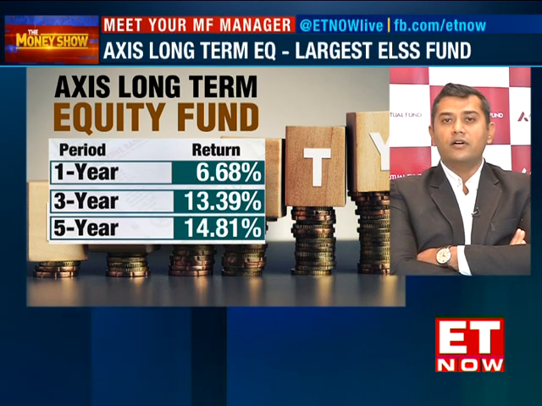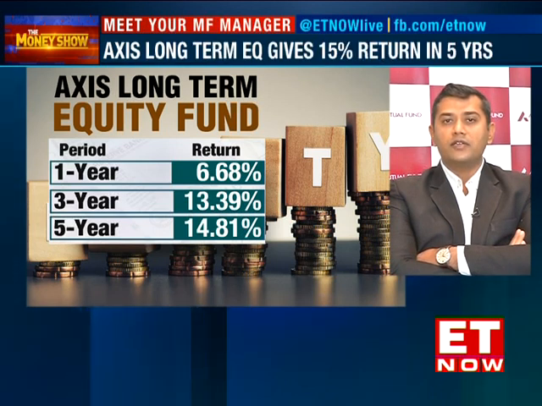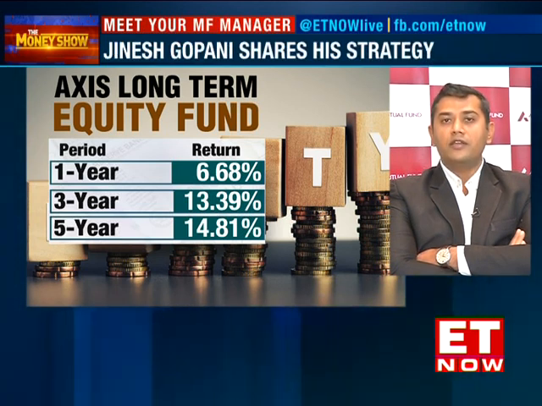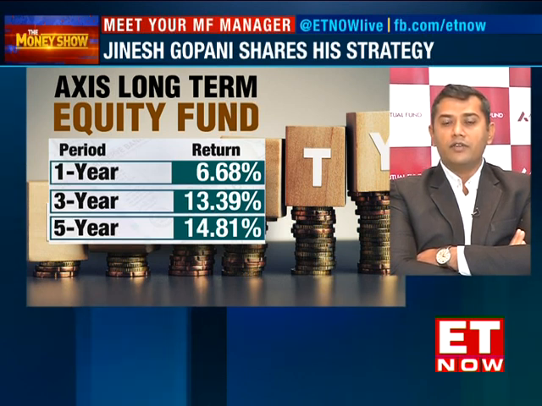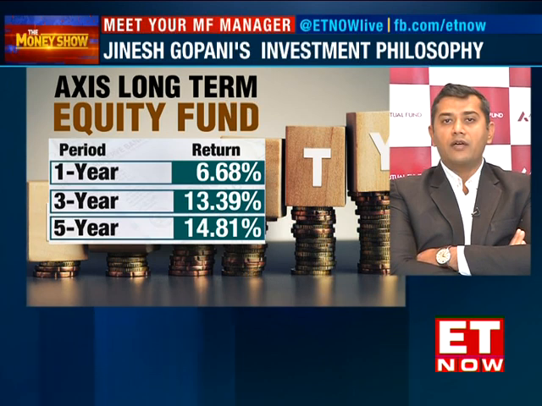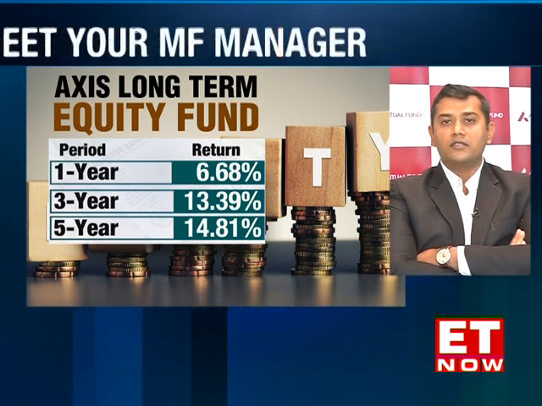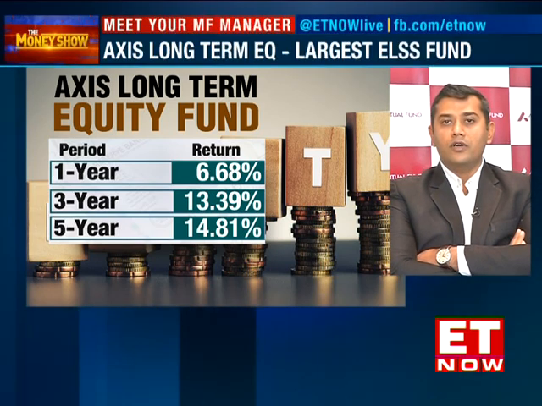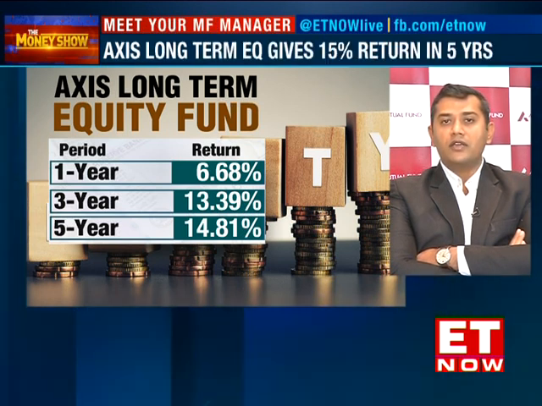So the basic strategy or philosophy, I may say, is to take bets on the management. Pedigree of the management is very important. Relative corporate governance is a very important parameter to weed out companies. Look for quality and sustainable secular businesses which can grow for maybe the next 10 years, 20 years, and ultimately those businesses should generate higher ROEs as compared to industry averages.